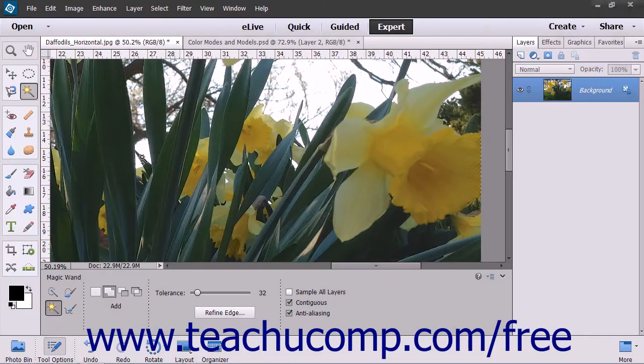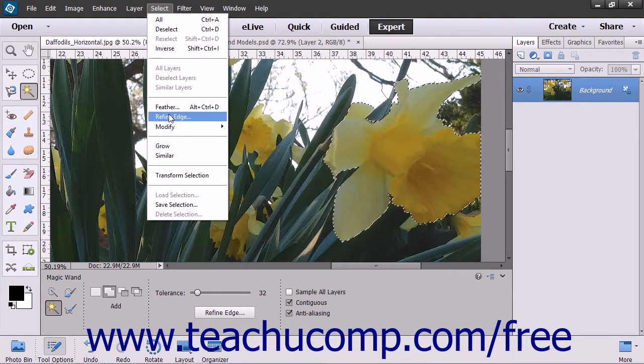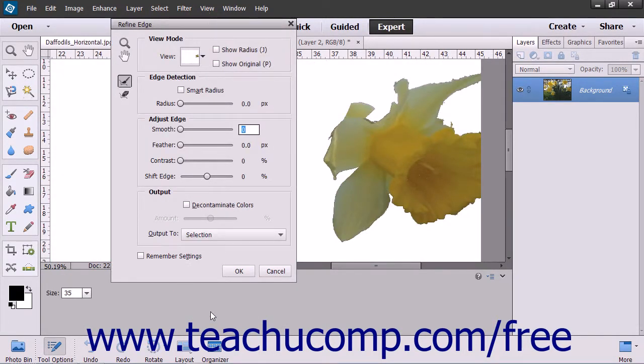After making a pixel selection, you can refine the edge of the selection by choosing Select and then Refine Edge from the menu bar, or by clicking the Refine Edge button in the Tool Options bar to open the Refine Edge dialog box. The tool buttons at the left side of this dialog box help you adjust the pixel